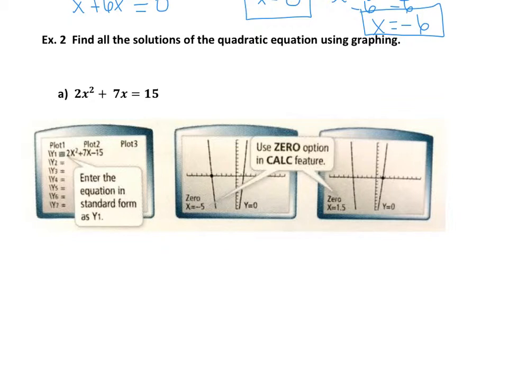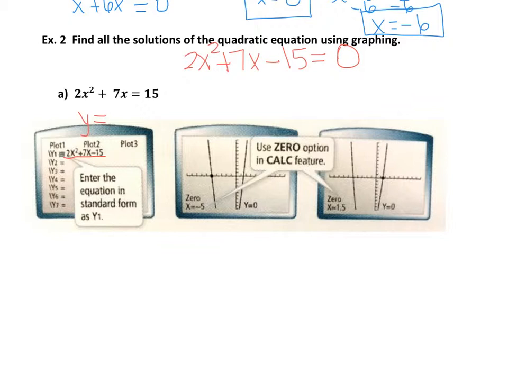Like, you want to make sure that everything is set equal to 0. So I'm going to move the 15 over. Before you can type it in your calculator, everything has to be set equal to 0. The equation does. So there's what I'm going to type in. And if you notice down here, it says enter the equation. So you're going to go y equals, type the equation into y1, hit graph,